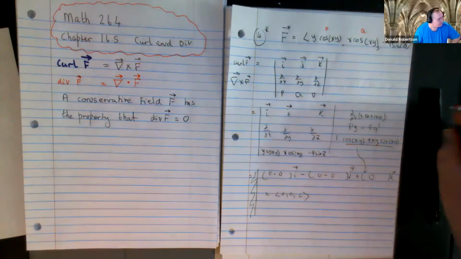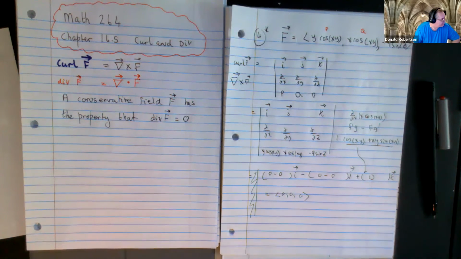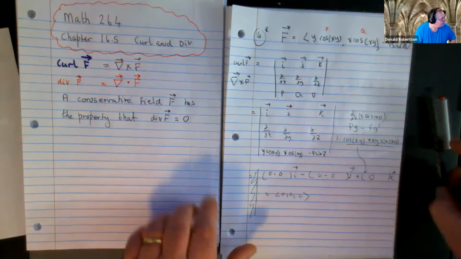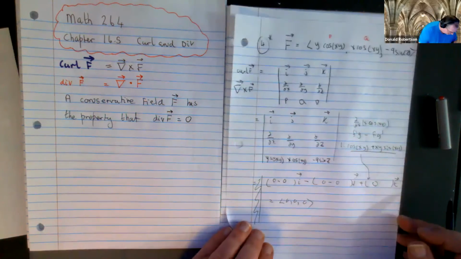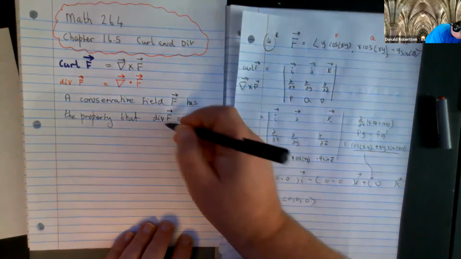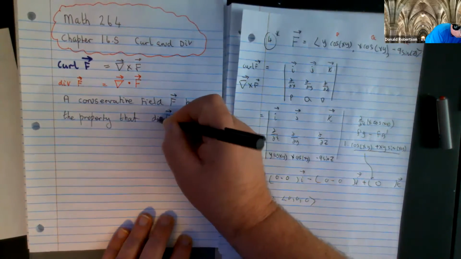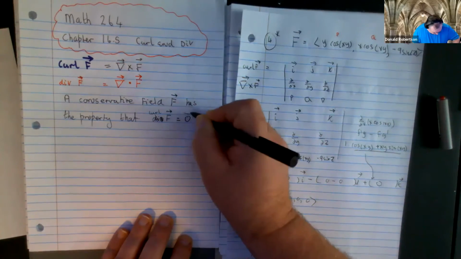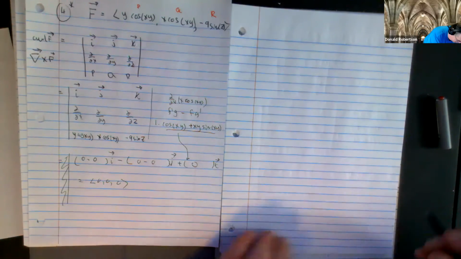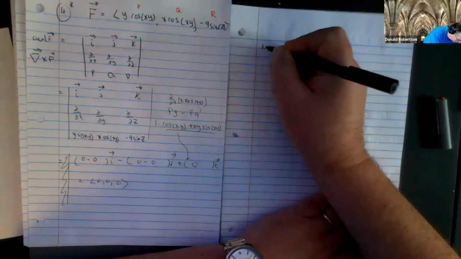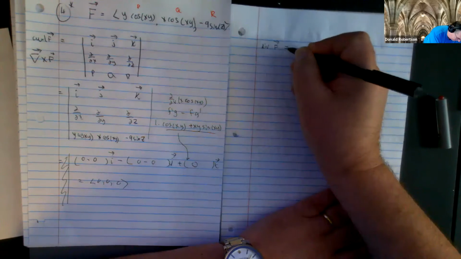Oh, and I'm right, it is 0. Let's change that. The curl of f, that's 0. Right, let's do a div. A div of f is this guy